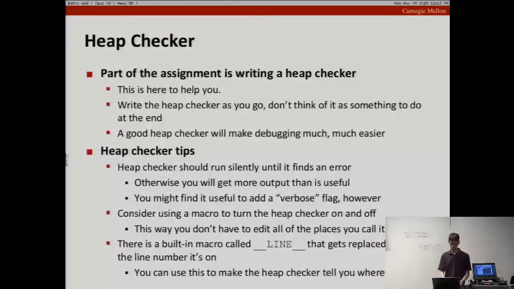And you want to make sure that it was maintained. And as long as everything's good, it shouldn't say anything. Otherwise, you'll get a ton of output. If you want to add a verbose flag, maybe you can do that. If you're actually running into issues and you want to be able to turn on some more output, you should